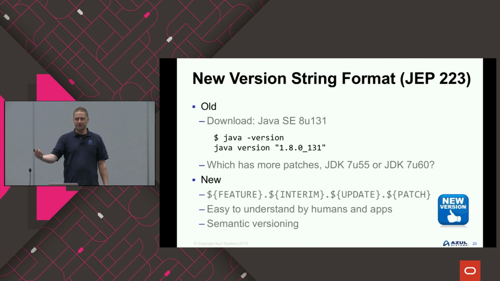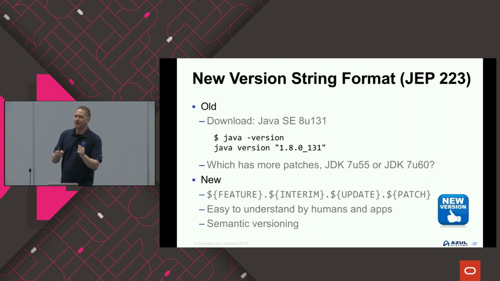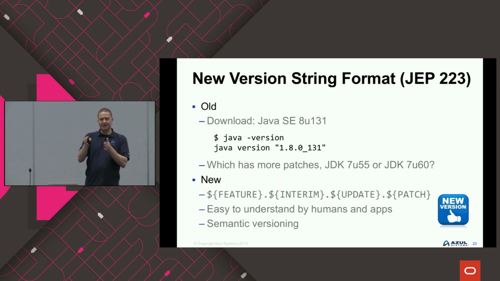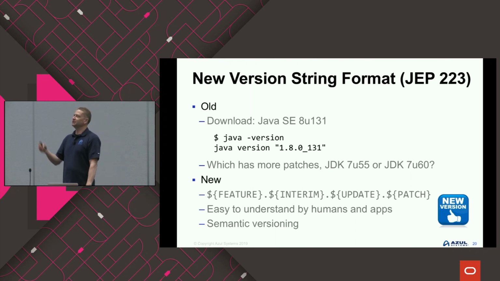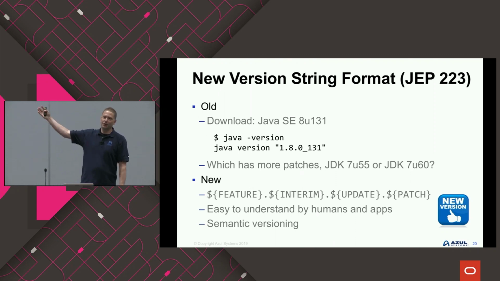Update, which is clearly the update number, and even that's more logical now because if you look back at JDK 9, you had 9.0.1. What would be the second update to that? Well, you'd think it'd be 9.0.2. You'd be wrong. It's 9.0.4. The reason for that is because they needed a gap in case they had to have an emergency patch between there. So now we have logical update numbering, and if there's an emergency patch, we've got another number we can use for that. So anyway,